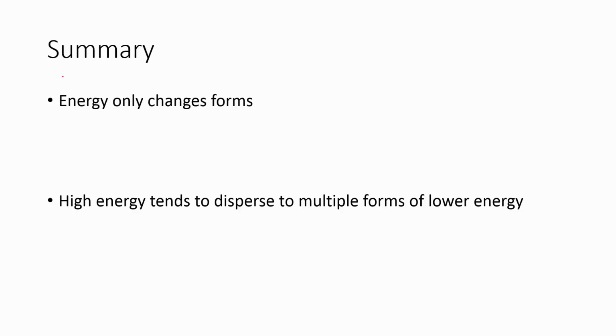Okay, so just to summarize here, what we see with energy and we want you to know about so far before we get to the full chapter that talks about this stuff is that energy actually only changes forms. It's not created, it's not destroyed, it just goes from one type of energy to another. The other thing we want you to know is that high energy tends to disperse into multiple forms of low energy. If I have that object on top of a building, it falls, it moves, it stops, it heats up, it makes noise, it cracks the pavement. So that high potential energy is now dispersed into a lot of smaller packets of different types of energy. And that worked with all of the examples pretty much that we saw previously.